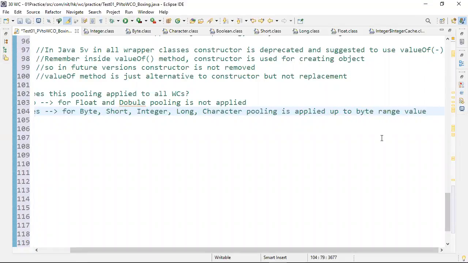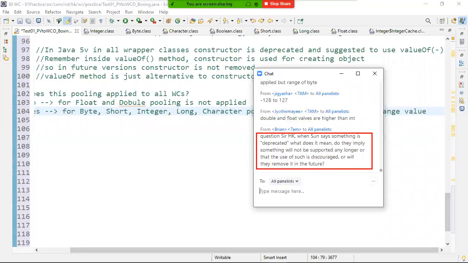Okay. The meaning of deprecated. The question is a right question. If any class or variable or method or constructor is marked as deprecated, if it is creating any problem, they deprecate it and provide an alternative to use.